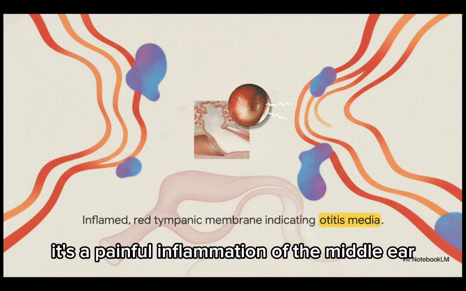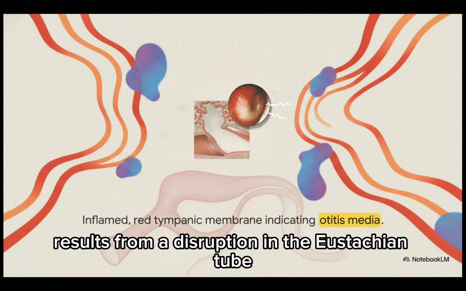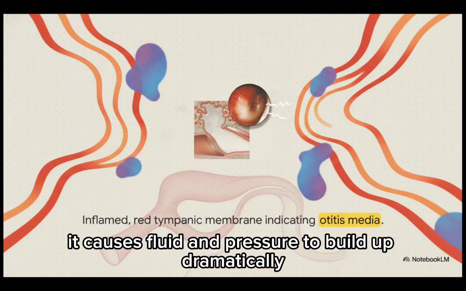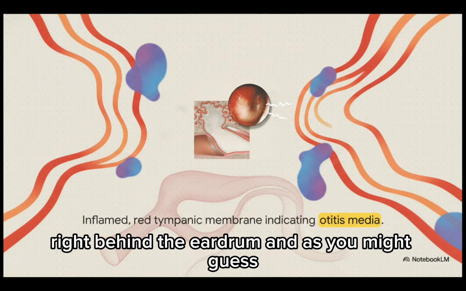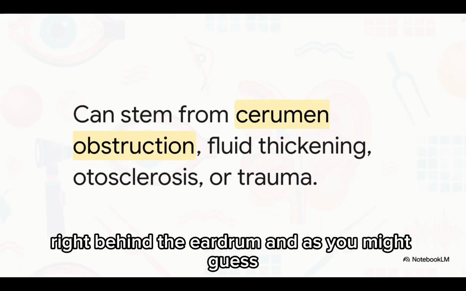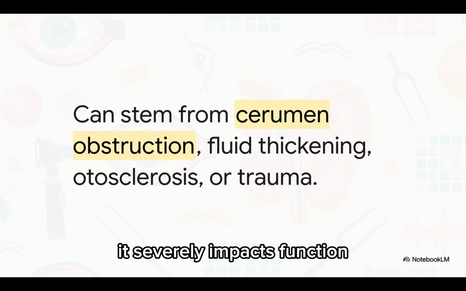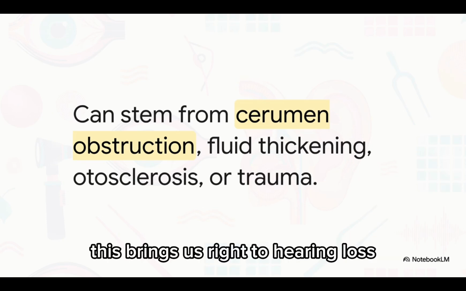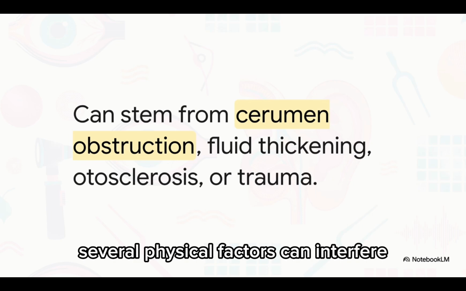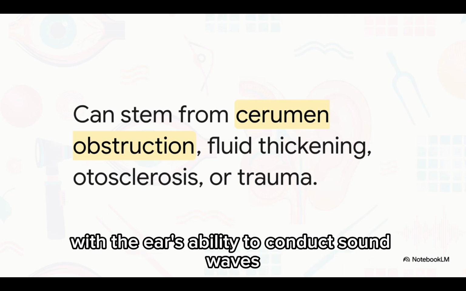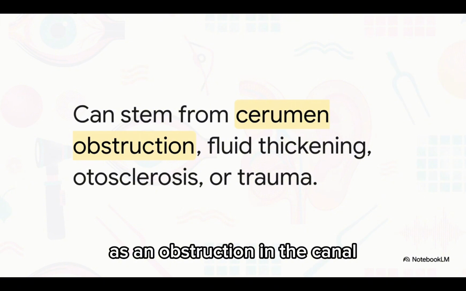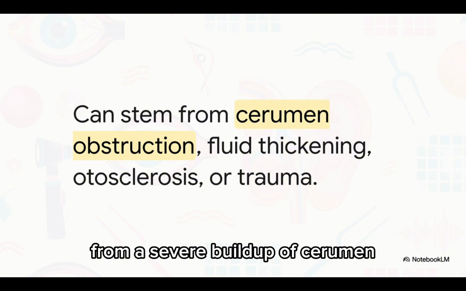It's a painful inflammation of the middle ear that usually results from a disruption in the eustachian tube. Basically, it causes fluid and pressure to build up dramatically right behind the eardrum. And, as you might guess, when structures in the ear are inflamed or blocked, it severely impacts function. This brings us right to hearing loss. Several physical factors can interfere with the ear's ability to conduct sound waves. It could be something as simple as an obstruction in the canal from a severe buildup of cerumen, or it